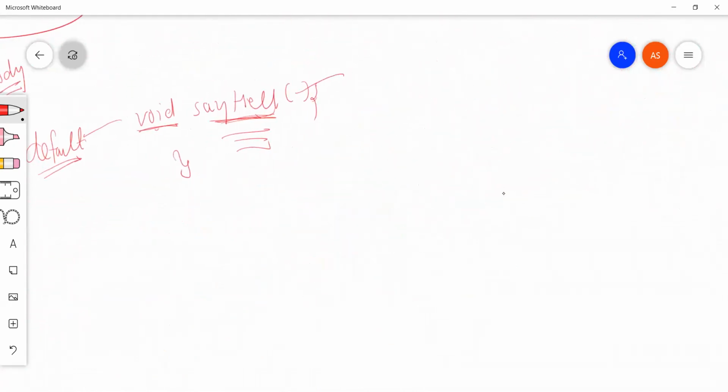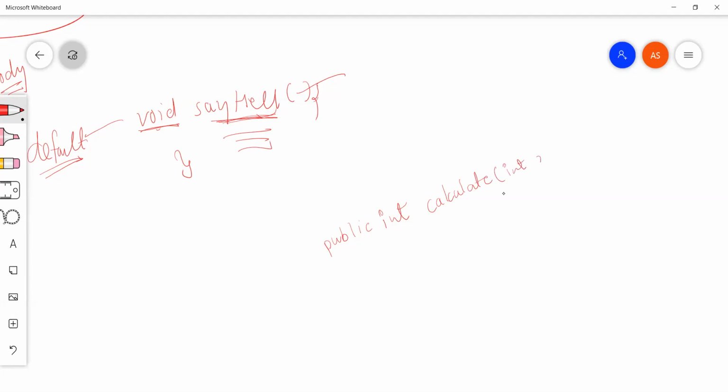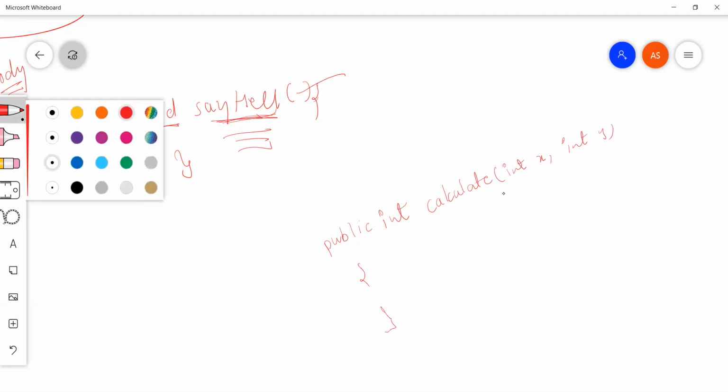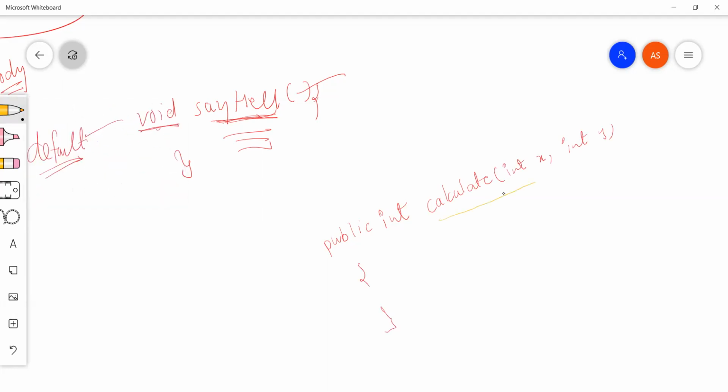Let me just go here. public int calculate(int x, int y). From this I can say this is the part which is the method signature.